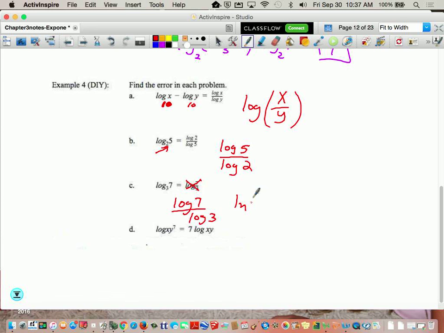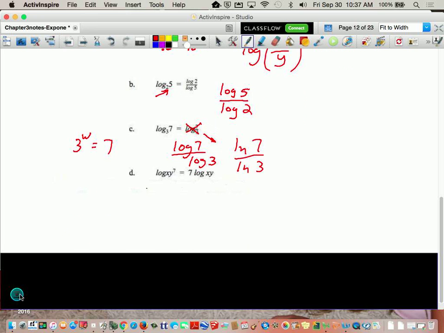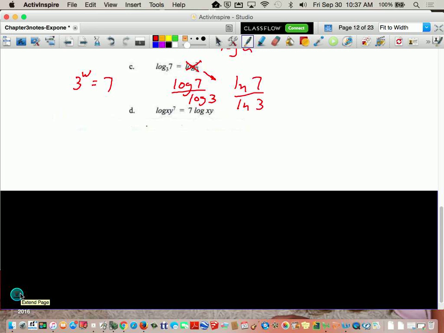You could also do ln of 7 over ln of 3. You could ask yourself, 3 to some power is 7. Maybe you wrote it as an exponential. But what they wrote, the 7/3, they got the base on the bottom, but I'm guessing they wanted to do a base change, and they got that base change wrong. So then this last one,